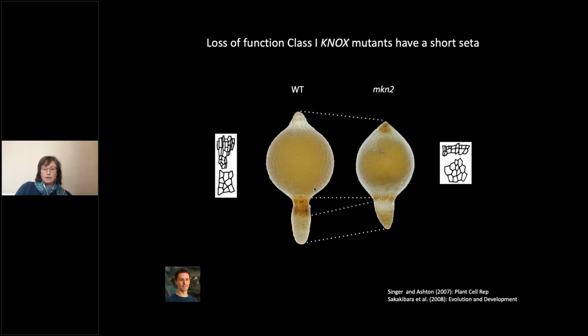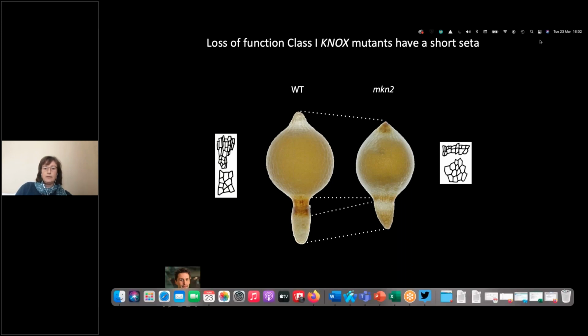There are 3 class 1 KNOX genes in Physcomitrium, or model moss, and these are called MKN2, MKN4, and MKN5. Previous work in Mitsuyasu Hasebe's lab engineered loss of function mutants and characterized their phenotypes. MKN2 mutants, which you can see in the slide, have the strongest mutant phenotype, and these have a shorter seta,